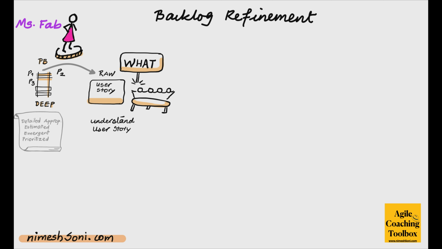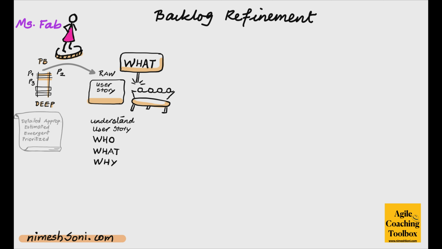that user story. Explain what functionality she is looking for, what it has to deliver. And as part of that, she should be able to explain the who, the what, and the why. Now, the user story could be written in that format, as a user so that I can get some value. Or it could be as simple as who, what, why. Bottom line is that the product owner, Miss Fab, should be able to explain to the team as to who